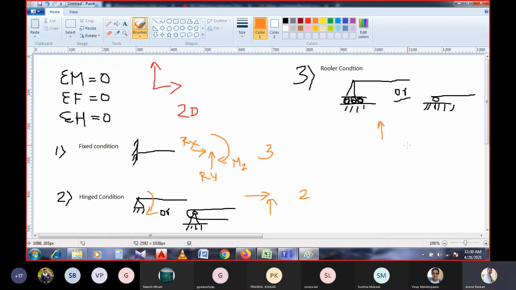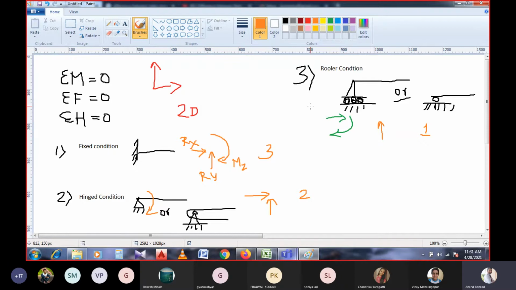Then what are the degrees of freedom here now? Two. Two numbers, very good. 2 is because one is horizontal, it can be moved in horizontal direction, correct? In horizontal direction we can have a movement, as well as a rotational movement. That means there are two degrees of freedom, but one is restrained, right? That means there is one unknown reaction in this support.